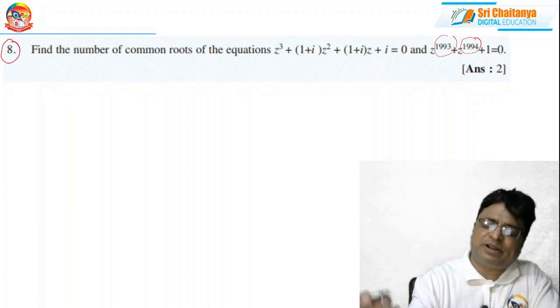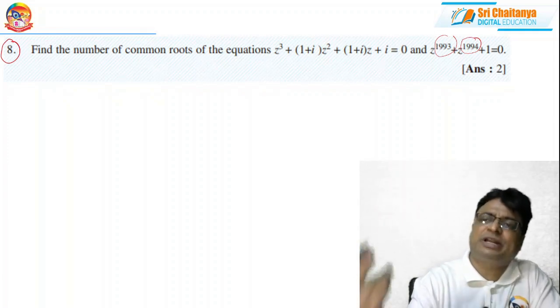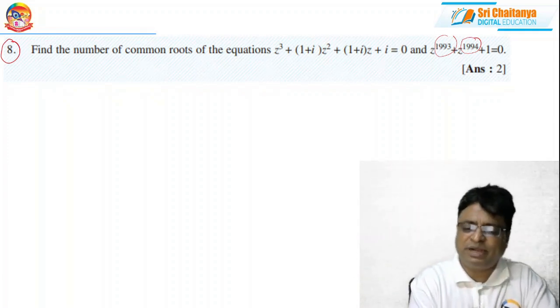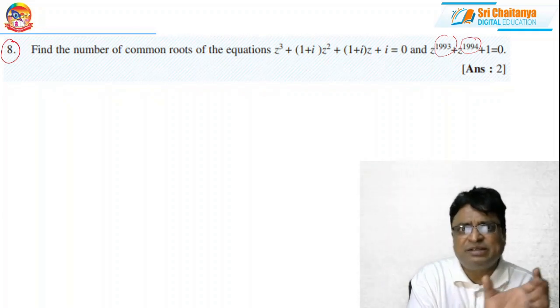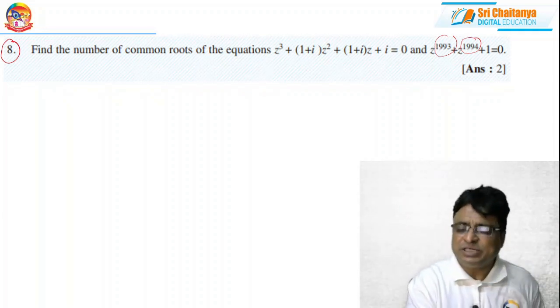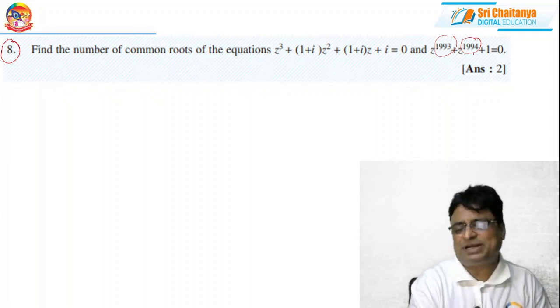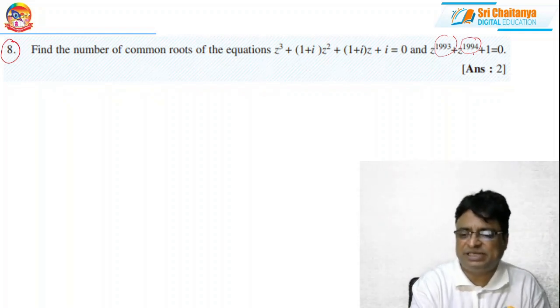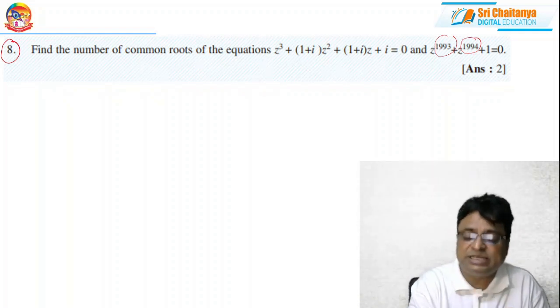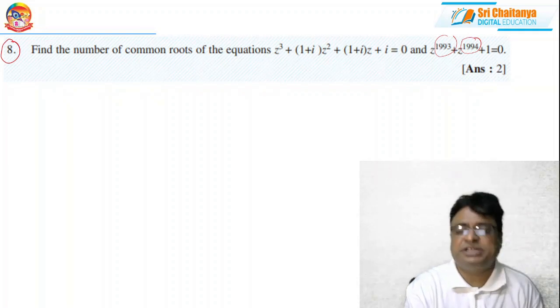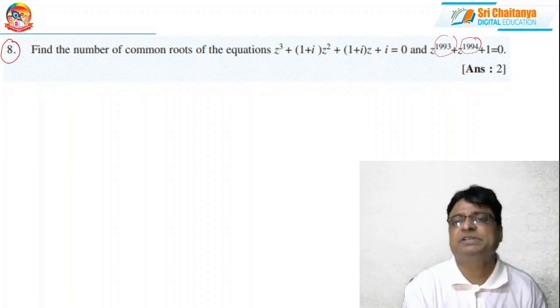By raising the power conveniently according to the year, we can create our own problems. But here the $1 million question is the number of common roots. It is very difficult for me to factorize the second equation. It is at least easy to factorize the first equation. So how to factorize the first equation is the question. See the hint here.